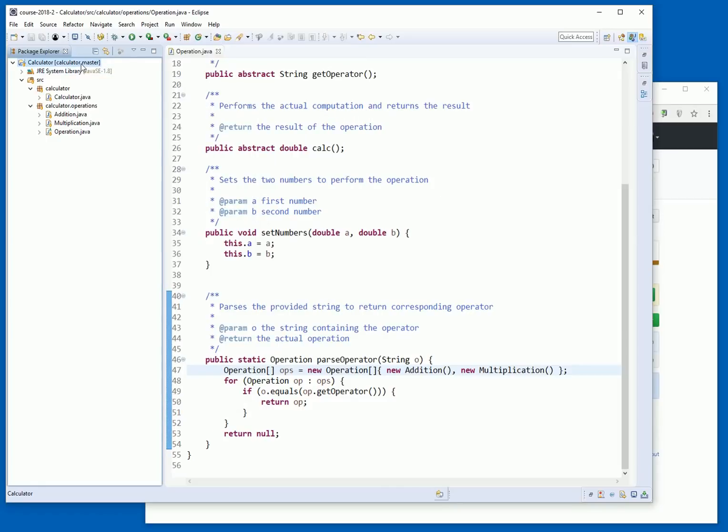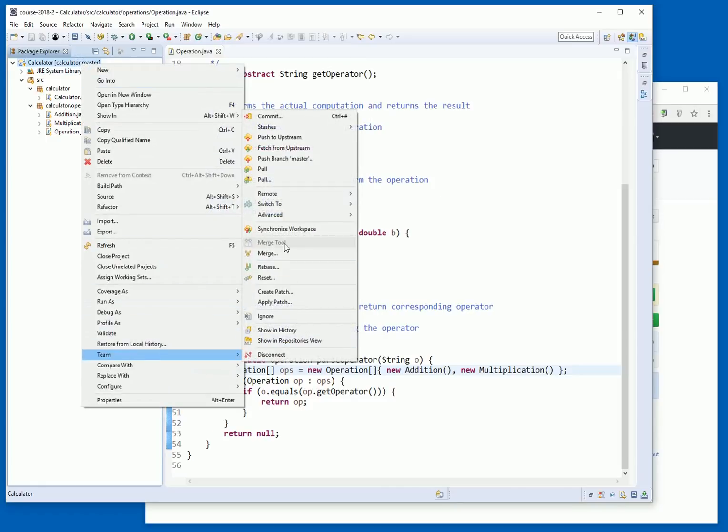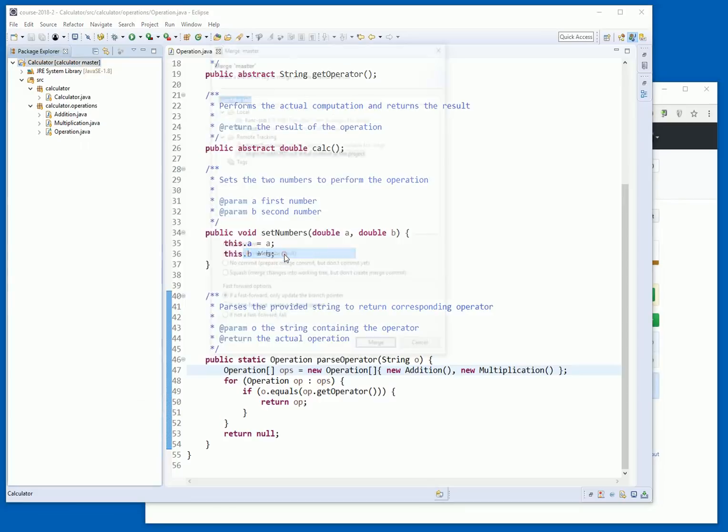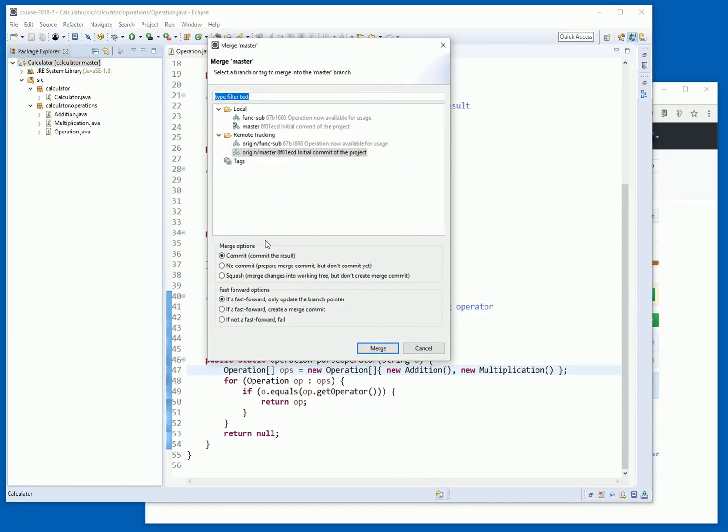And then to merge, we can right click, select team and merge. Then the system asks which branch we want to merge into the master, and we select the funcsub branch in the local repository, and then we keep as merge option to have a commit with this fast forward configuration. Then we can click on merge,